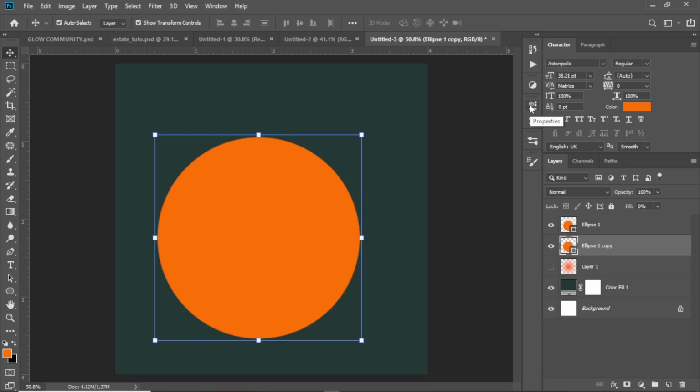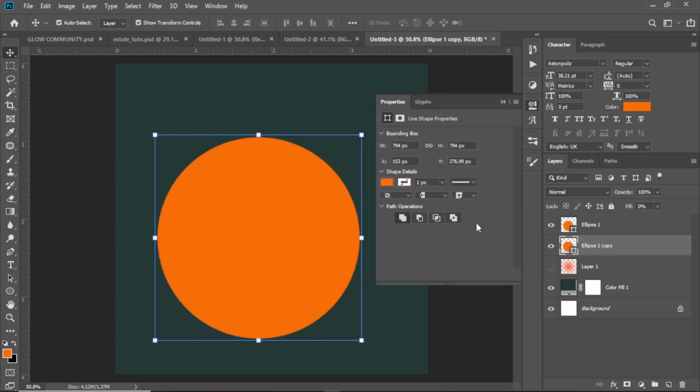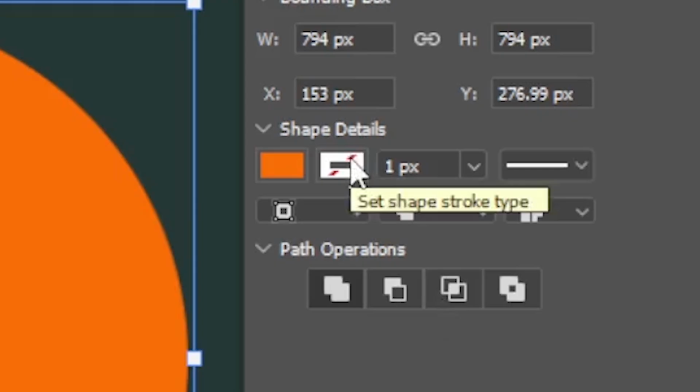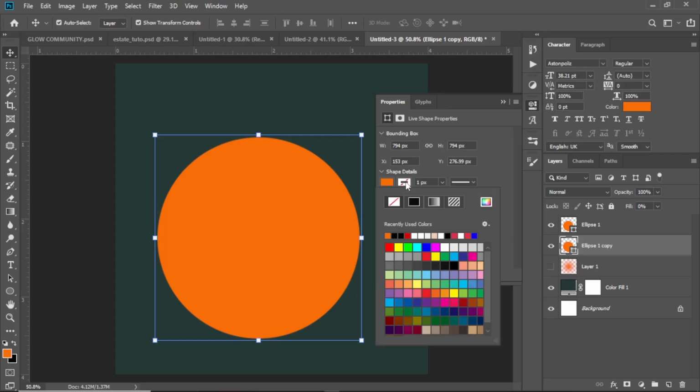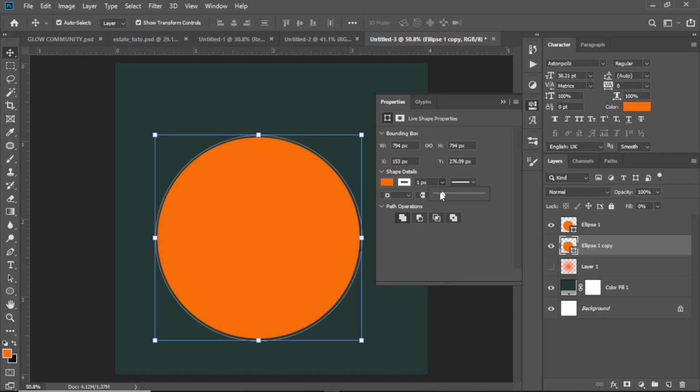Now go to properties panel. At the properties panel, you move straight to this particular shape here, that's the stroke type. So you click on this shape and then you give it a white color. At the white color, we'll increase the size of the stroke. You could see that it's at 1, so you click and drag it upwards to maybe